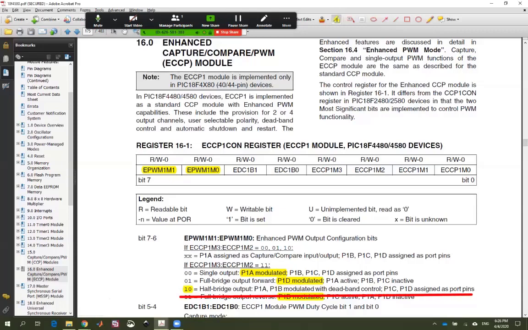So in 1-0, A and B will be modulated, and P1C and D will be assigned as port pins. So you can use them as input or output ports. So in our case, if you want to switch the motor between forward and reverse, we have 0, 1 and 1, 1. So by simply toggling bit number 7,